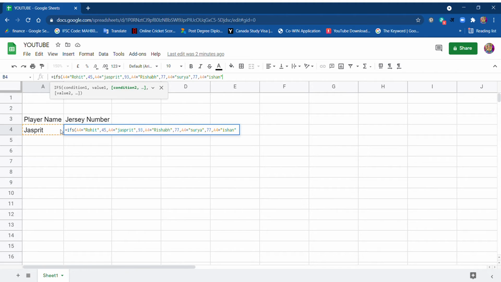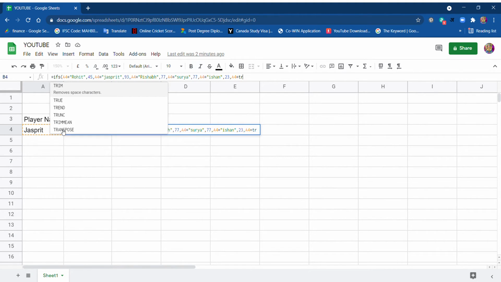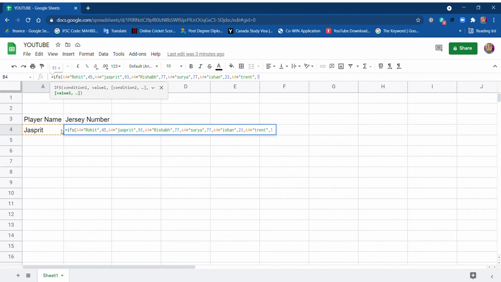Ishan, then give me the output 23. And then my sixth criteria is if A4 is equal to Trent, then give me value 18.